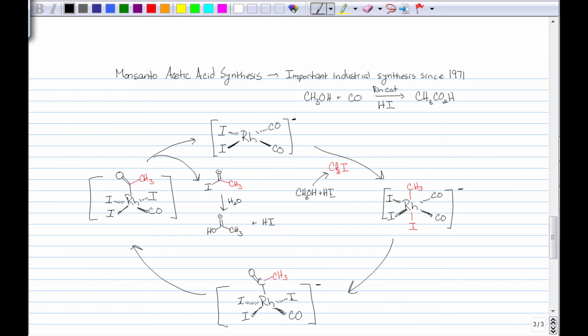And then in another step, carbon monoxide is added. You actually add a new carbon monoxide ligand there. And in the last step, you eliminate this molecule and reform your square planar rhodium complex, and then this molecule reacts with water to give you the carboxylic acid. So that's the catalytic cycle. Don't memorize catalytic cycles. I want you to be able to look at them and understand them. And right now what I'd like to focus on is just what's happening to the metal complex in each one